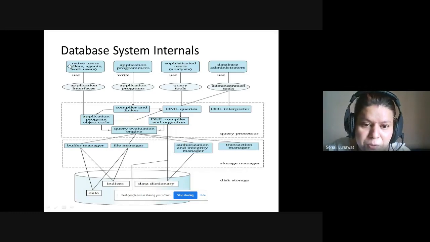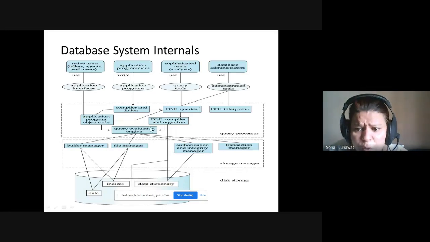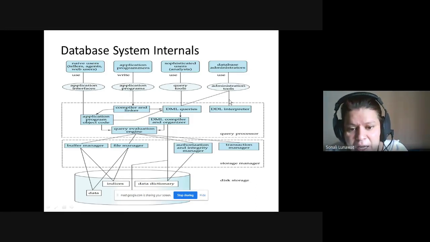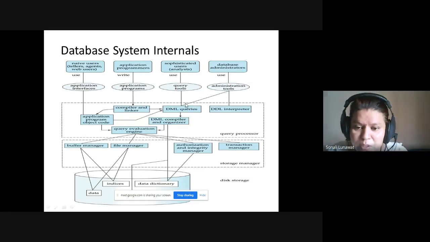Users are nothing but the web users. So we are going to learn about the query processor. Just like in programming, you write a program in a source file, and that source file is converted into machine code. Your English-like, meaning high-level language statements, have to be converted into machine code. What helps us in query processing is the compiler and linker.